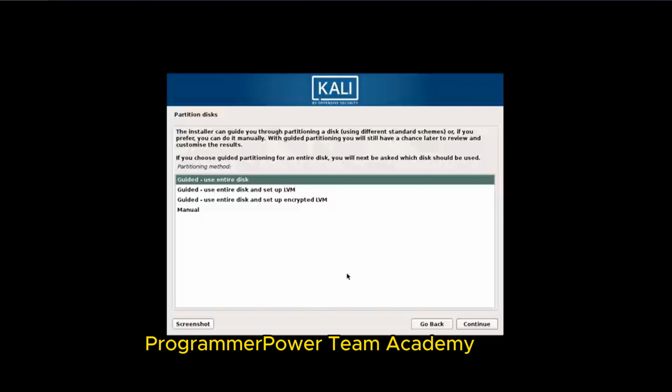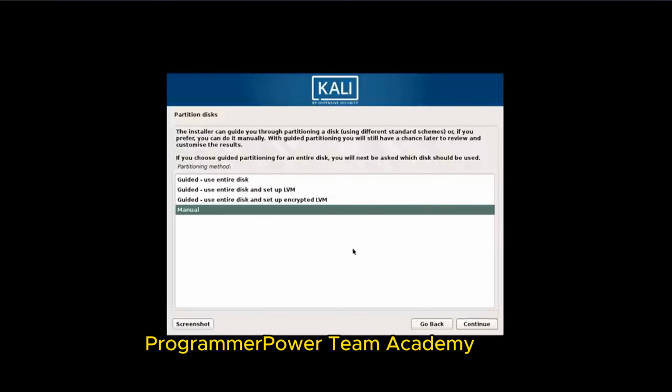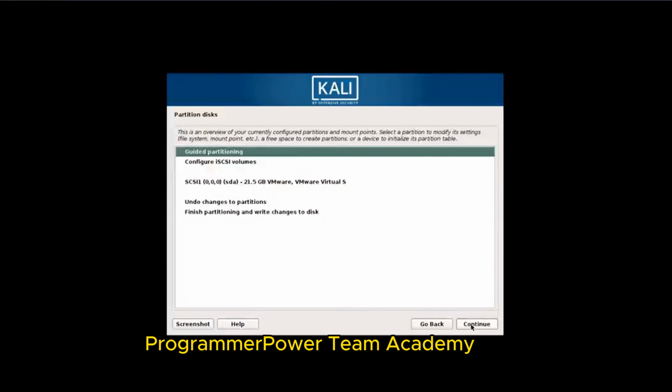Now again, I'll be showing you how to do this when installing it on a physical computer, but I can just give you some tips. When it comes down to dual booting, I'm assuming that you've already created a separate partition. If you've done that, you want to identify that partition, and you should know its exact size in gigabytes or terabytes, whatever you have specified. What I would recommend is going for the guided use entire disk. But again, if you've created a second partition and you're doing a dual boot, you can select manual, alright, and